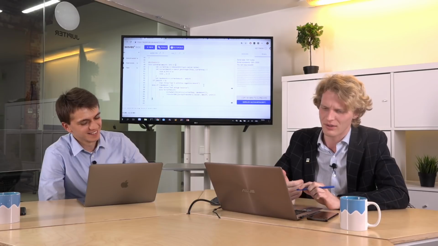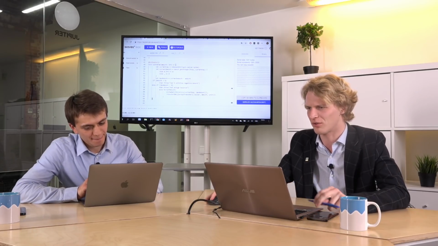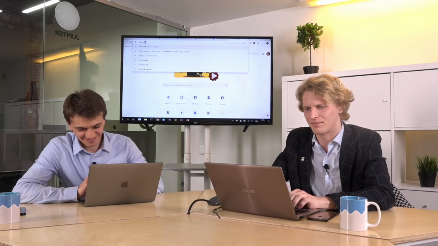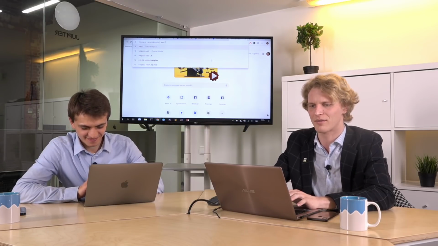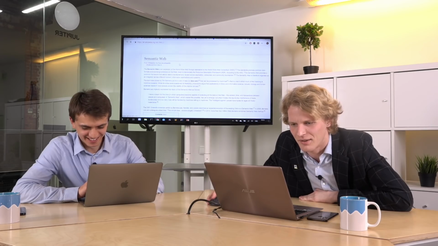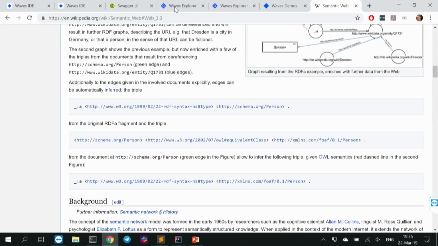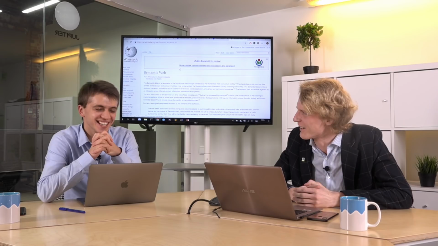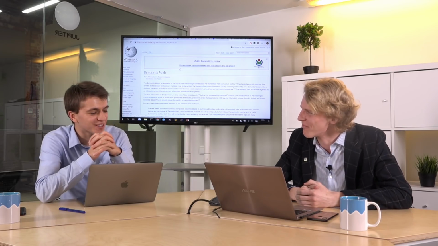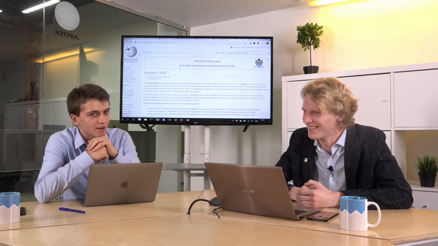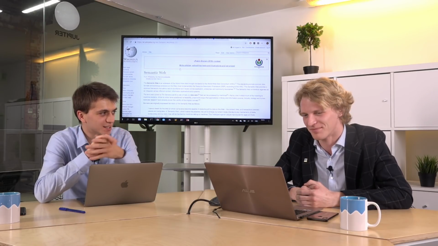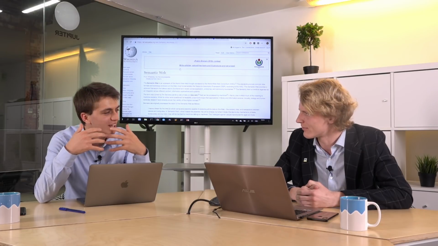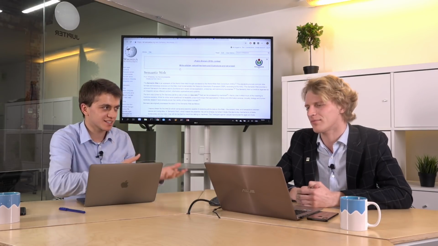If you go to Wikipedia, let's go to Wikipedia, Web3. And now you tell me what smart contracts have to do with the semantic web. I see what you're talking about, but it's a very hard question to talk about Web3 and that kind of thing.